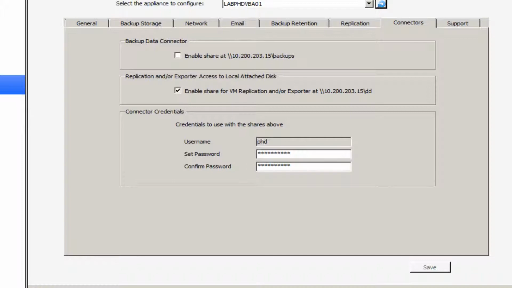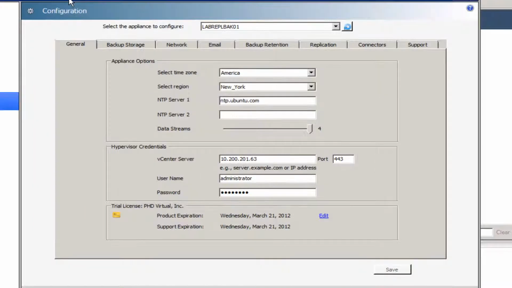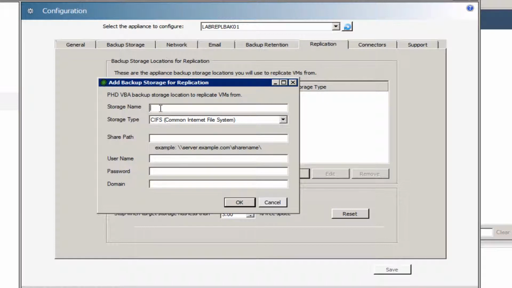So once this is saved, next we'll just need to go to the destination. So at the destination, the Lab Replication 01, we need to configure the source. So here we're going to add the virtual appliance of the original or the source backup appliance, and we'll just go ahead and give this a name. We'll put in the IP address of the name of the source backup appliance,